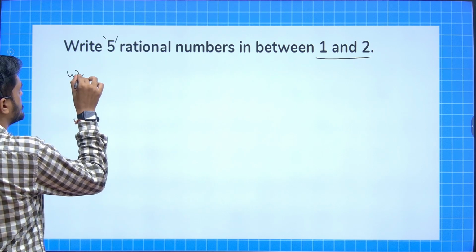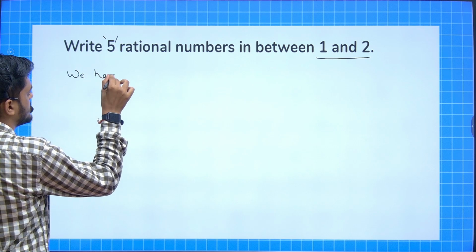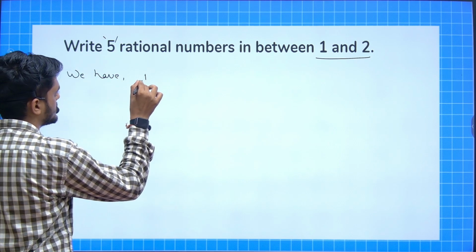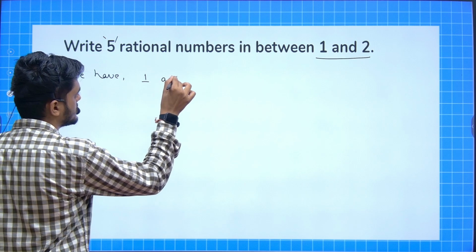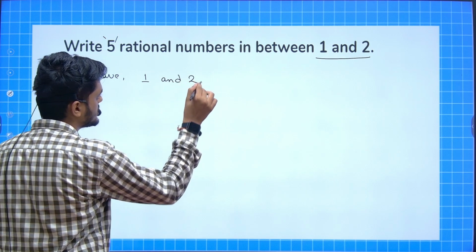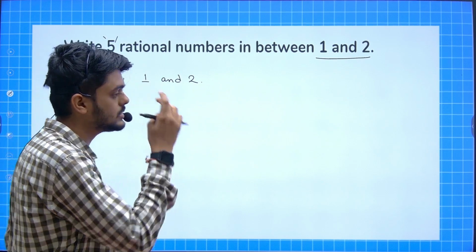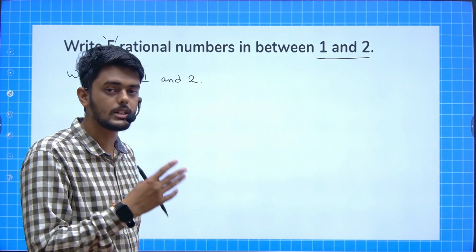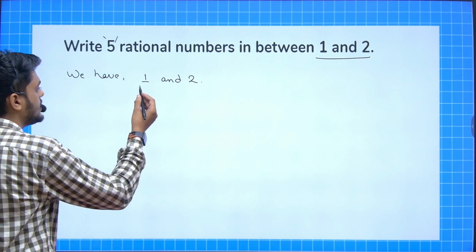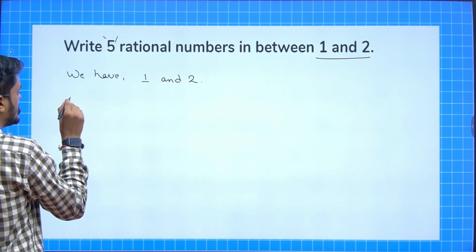We have... and these questions are based on NCERT. So by seeing these questions, you can solve your NCERT questions as well. We have 1 and 2. So we can write it as